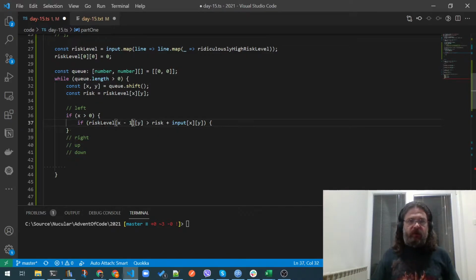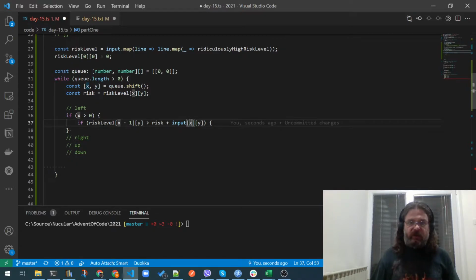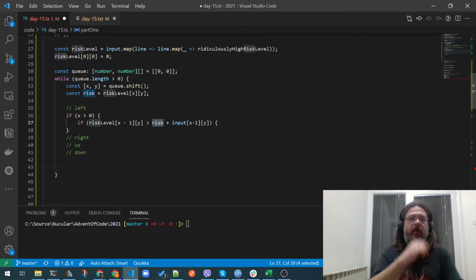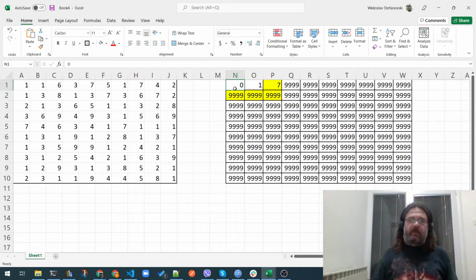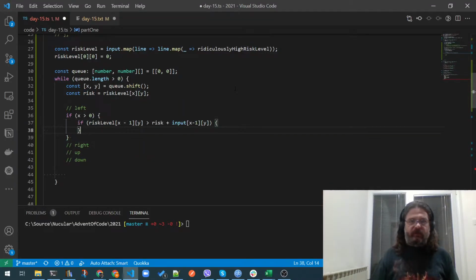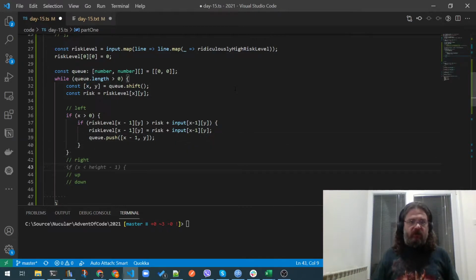And for the left neighbor, we're gonna get its risk level and see if its current risk level is bigger than its value plus our current risk, then basically what we're gonna do is set it to that value and add that thing into our queue. So for the right, height - 1,